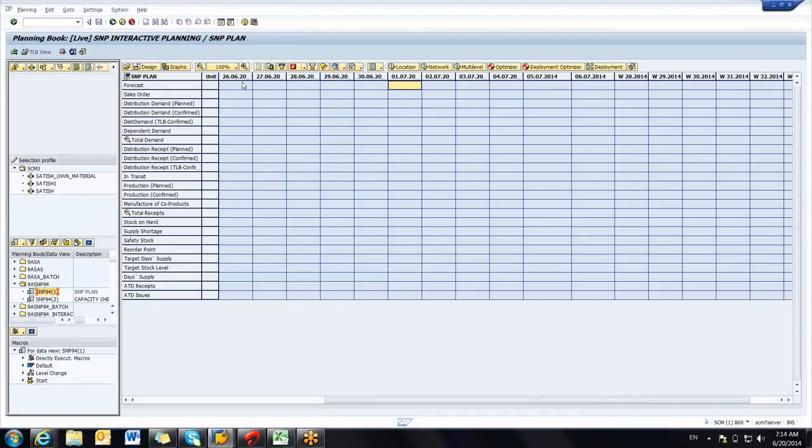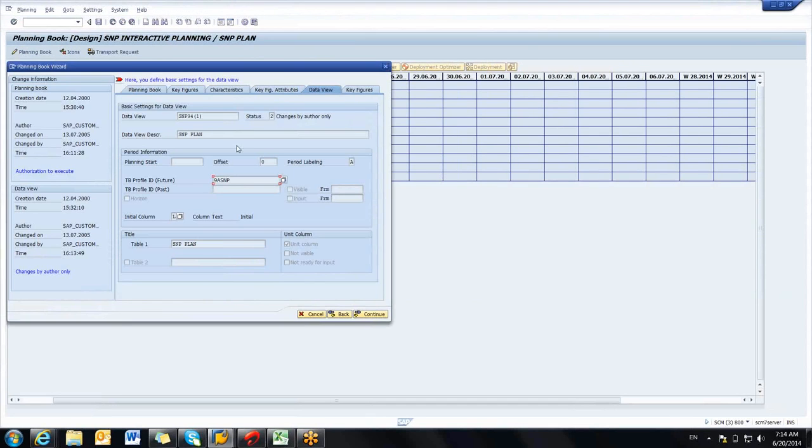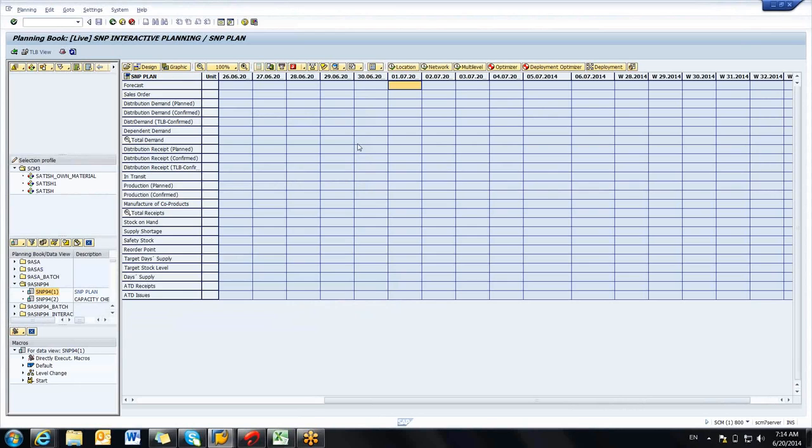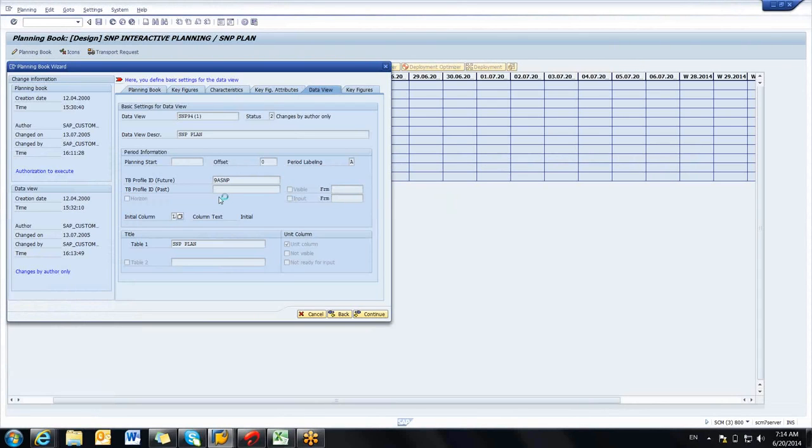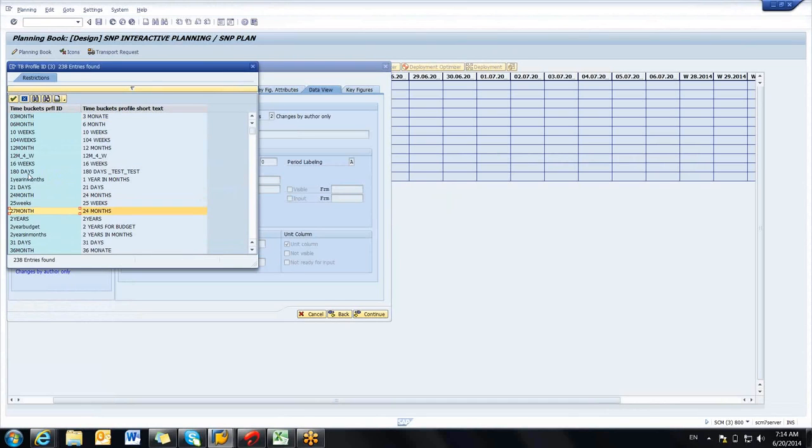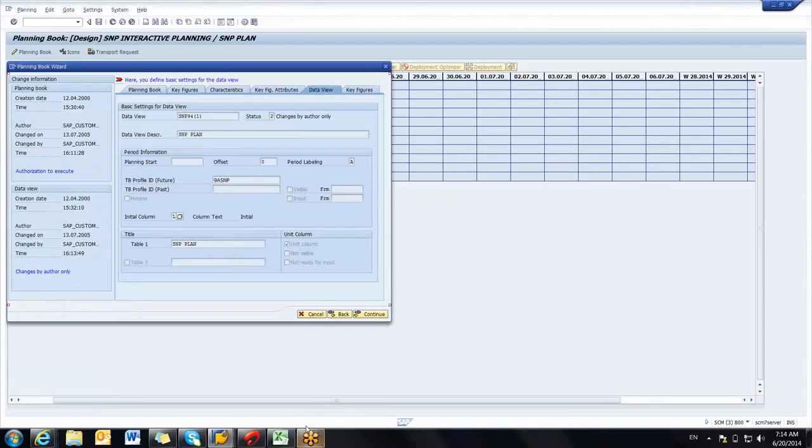So where do you define this time profile? How you want to view the data, as daily or weekly, is defined by a time profile. There are different time profiles available, with which you can see the data. This is 24 months, this is 27 months, this is 12 months, like that. So where we create this time profile is